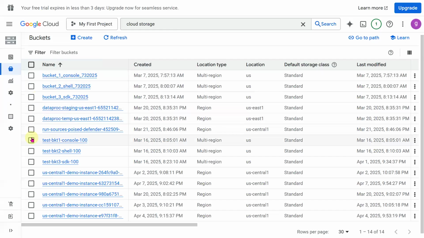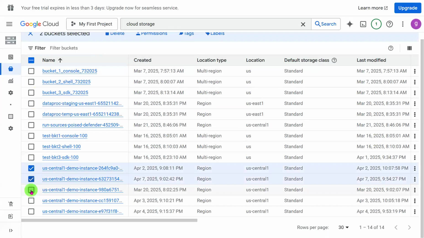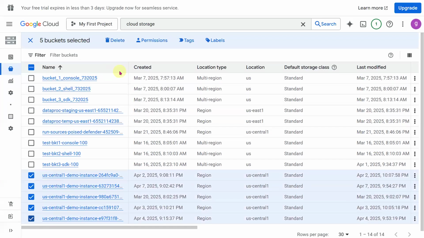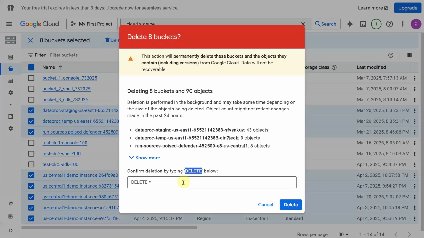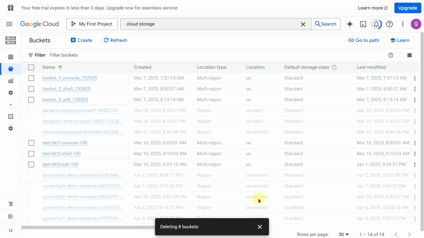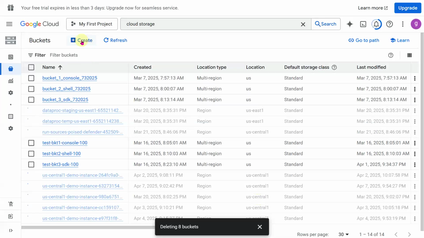For example, sir, I don't want these buckets. I wanted to delete it. Just click on the delete button, enter delete so that it will be deleted. All the buckets also, you will be able to delete. Similarly, if you wanted to create, you can just click on the create button also. Right? So not only for this particular service, for all the services, if you wanted to create something, delete any resource, or update any of the resources, you can do it.